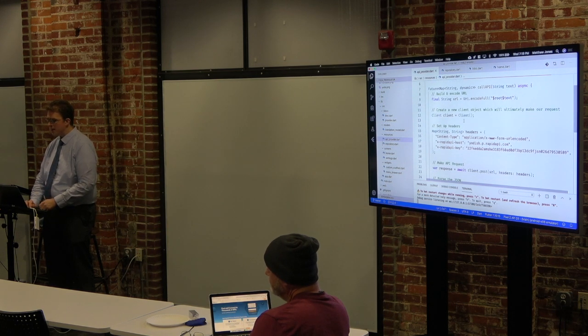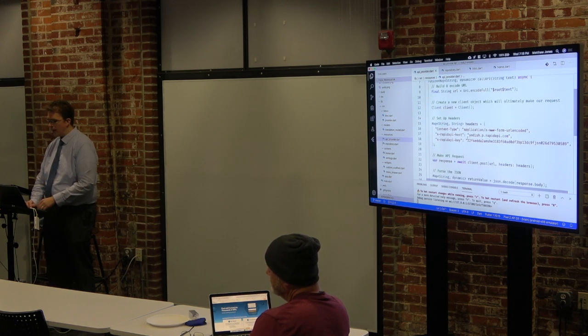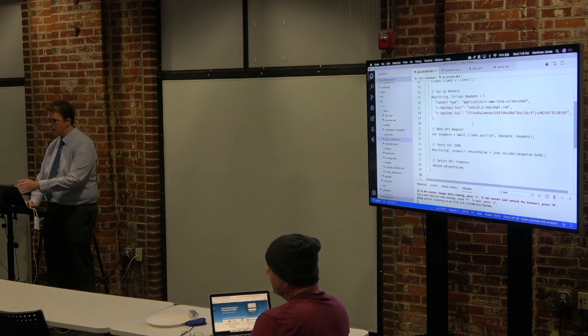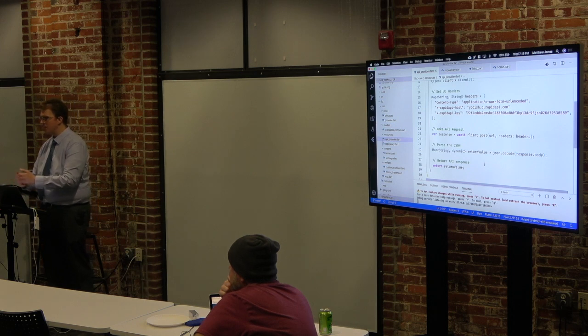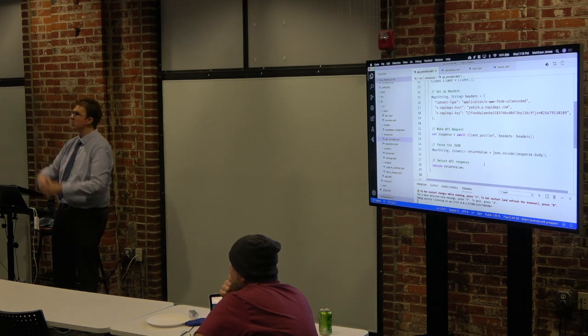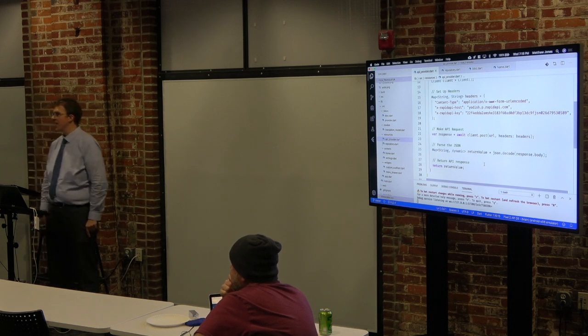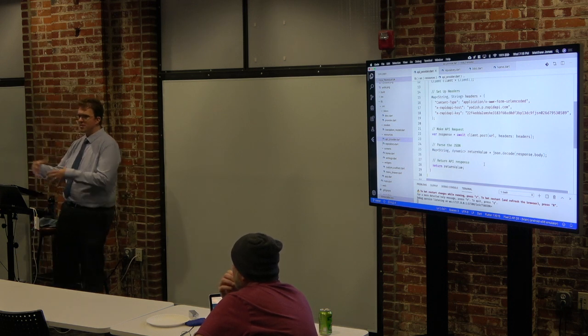So client is part of the HTTP package, and then it's just a matter of setting up the headers, and then I'm making a post request. So client.post, and I pass in the URL and the headers. That passes back raw JSON, and then Dart convert has that json.decode. So whatever was in this response gets decoded by the JSON, put in the return value, and then I've got basically a map, which is like an associative array for PHP folks, that I then just dump into the model.